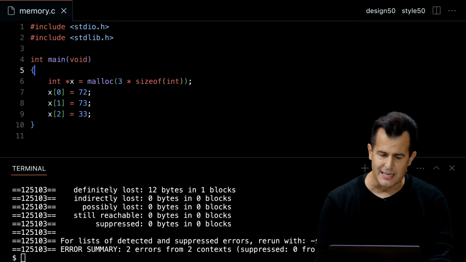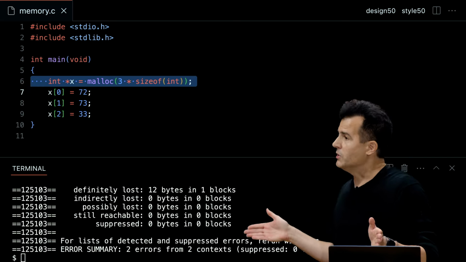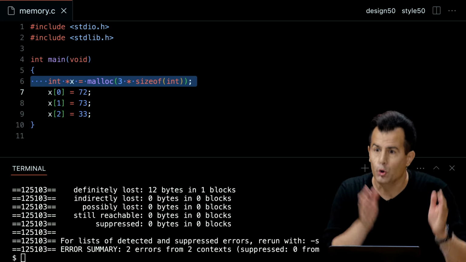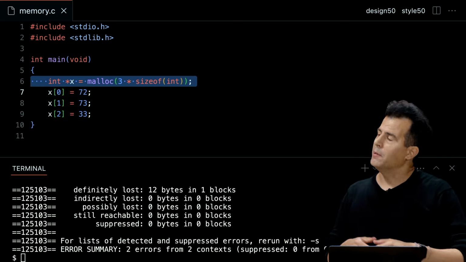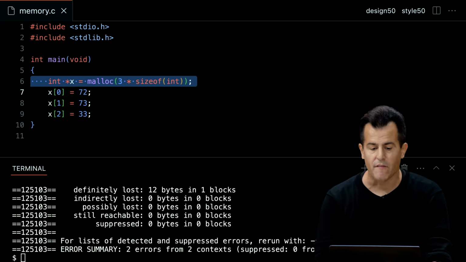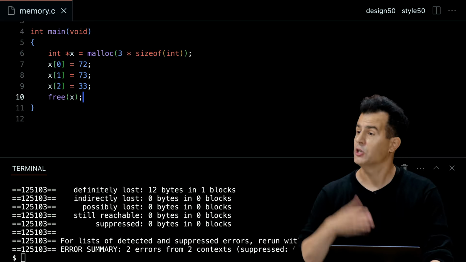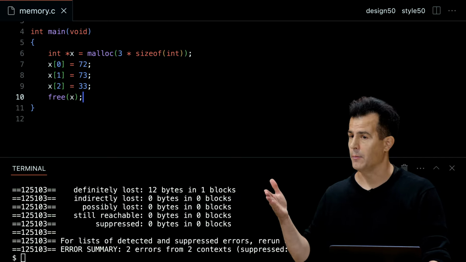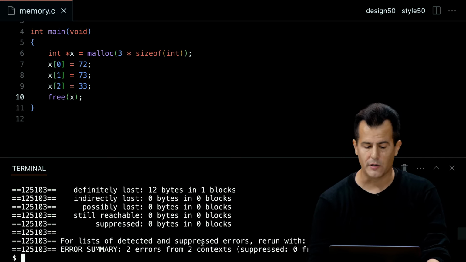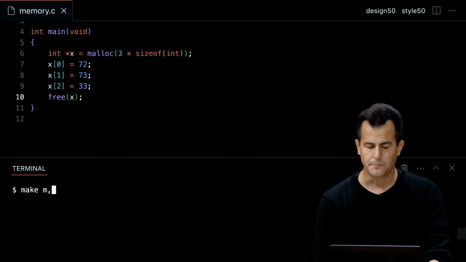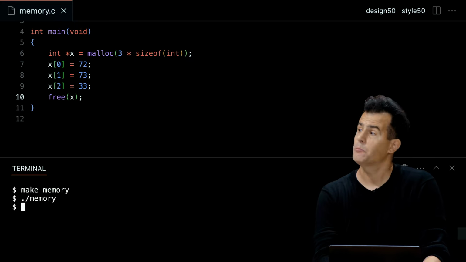And oh, line 6, even though it's not obvious what's wrong with this line, if I'm somehow losing 12 bytes, it must be a memory leak. So let me just have the intuition to go in and say, oh, eventually I have to free x because x is pointing at that chunk of memory. Let me now clear my terminal window down here, make memory again, ./memory, and it doesn't seem to crash still,